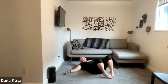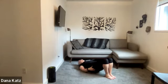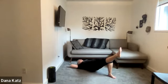And we've got 5 more seconds. Looking good. When we're done, just drop it and stay there. And done, drop it, stay there. So we're going to be still in this glute raise position. Now I want you to come on back up with me and extend your right leg. All right, so now we're in a single leg glute bridge and you can stay here, or if you want